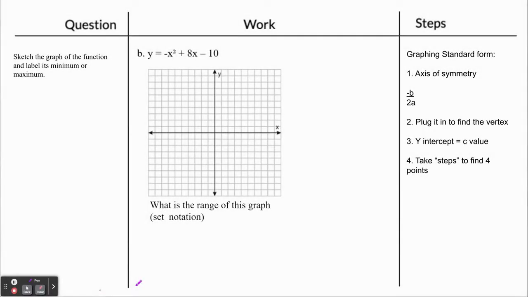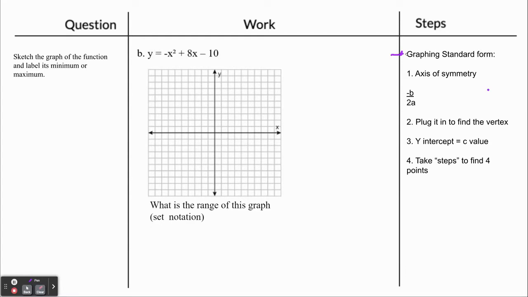Here we're asked to sketch the graph of the function and label its minimum or maximum. And we also have to deal with the range of this function as well. So the first thing I'm going to do here is graph it. We could complete the square and put it into vertex form, but you can go ahead and just graph it